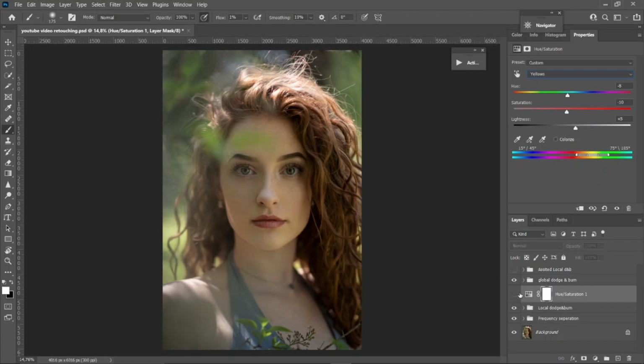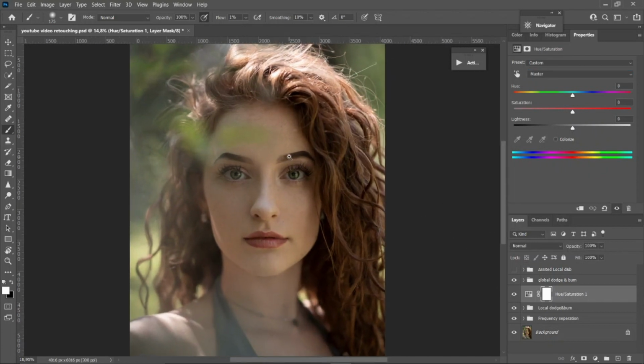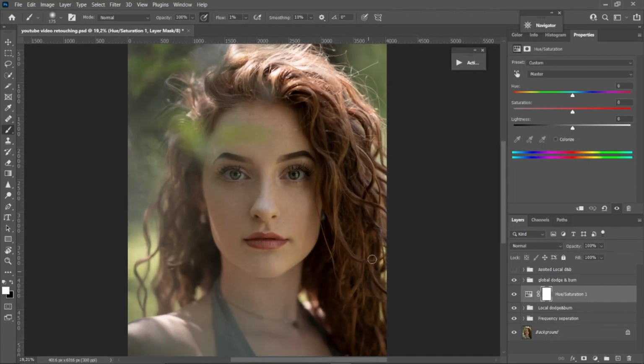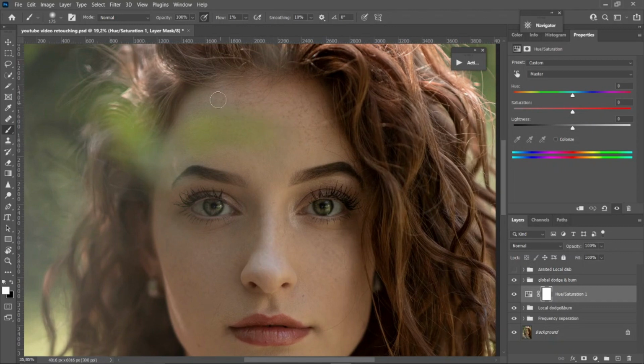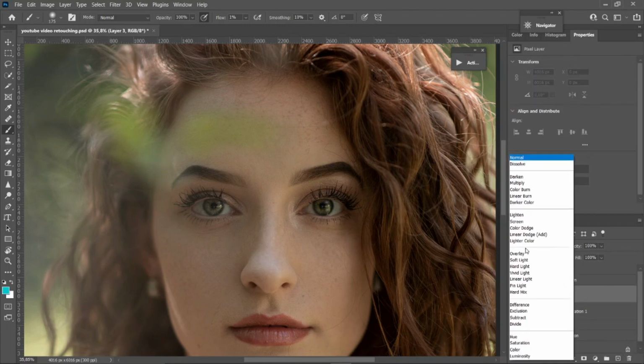Now let's see before and after. Alright, on her forehead over here. Firstly, you have to understand that you are going to remove just the color of the leaf over here, not the texture, but only the color. So what we are going to do right here, we're just going to target the color only, but not the texture. So what I will do right here, I will create a new layer and change the blend mode to